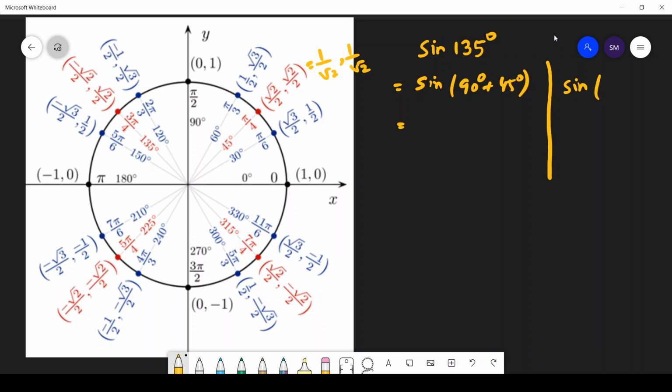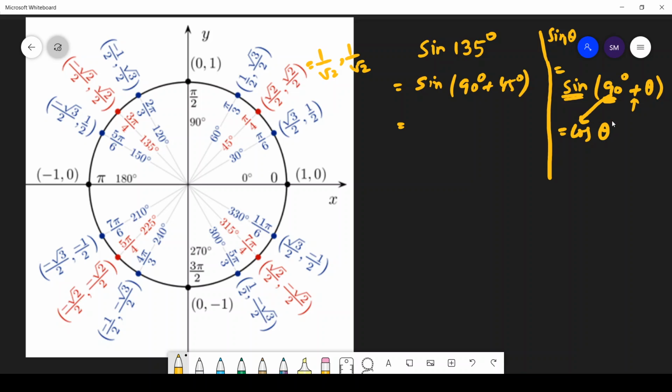So you have written sine theta in the form of 90 degree plus theta. Students, if it is 90 degree plus theta, now I'm telling you a trick. The trick is, if here I have 90 or 270, then write the complementary angle of this. So if it is sine here, then it will be cos, and write cos theta. It doesn't matter whether here the sign is plus or minus.